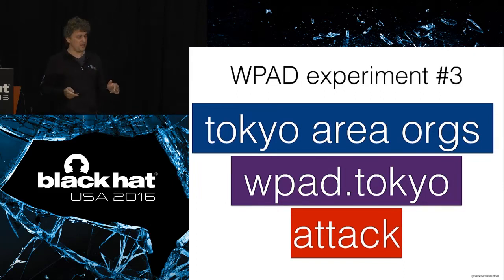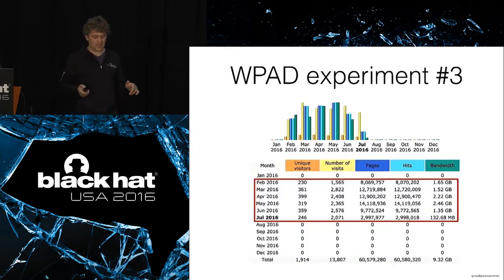So I bought this domain name, and I start receiving traffic immediately. So you can see this traffic here. It's even more than all what I had from my other domain names I registered for my experiment. Just one domain name brought me about 60 million requests in about 6 months, till July.